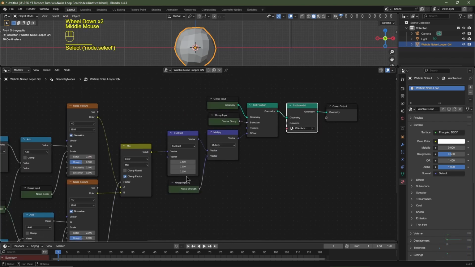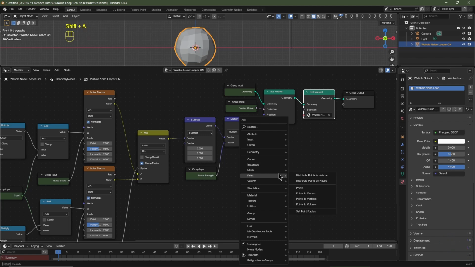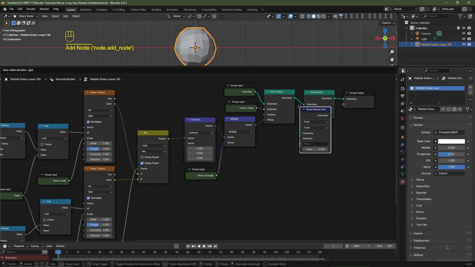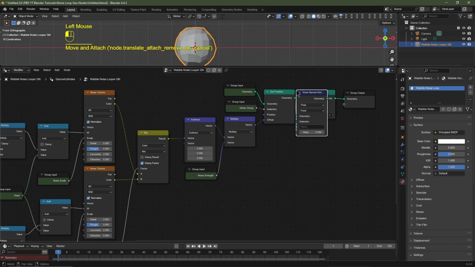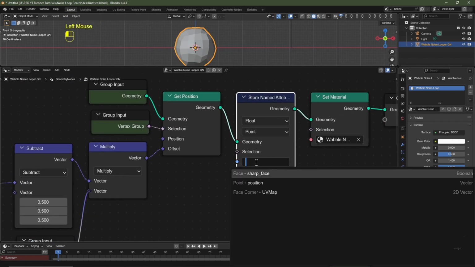Now I want to capture the data from these two noise textures, so I can import it into the shader editor to use as a mask. That's easy enough. I'll hit Shift A and I'm going to search for store, and we'll choose store named attribute, and I'll pop that in between the set position and the set material node. I'll just zoom into that node. I'm going to give this attribute a name. I'm going to call it